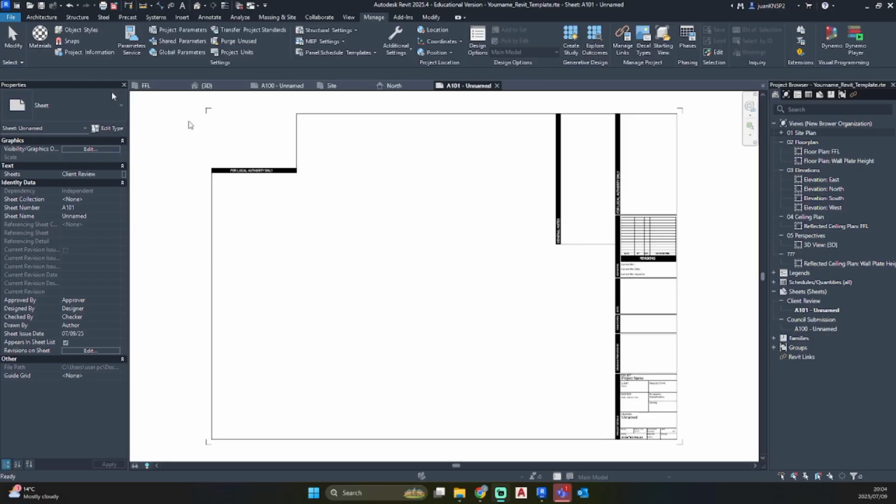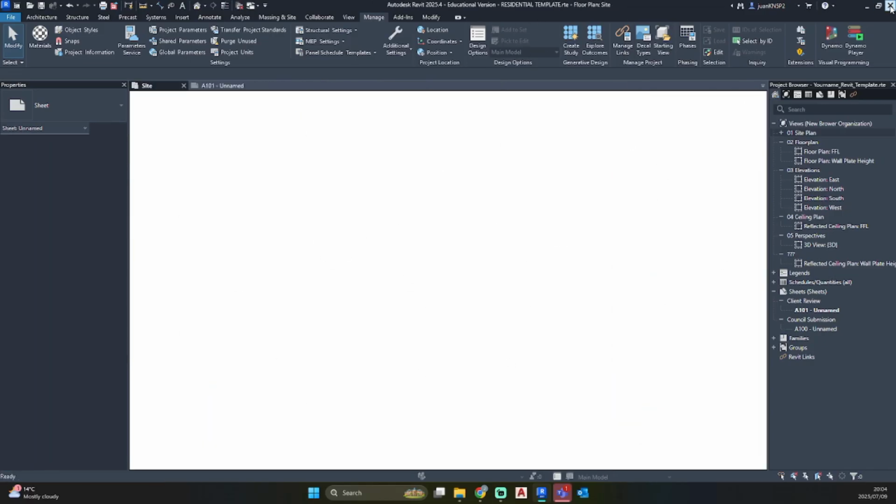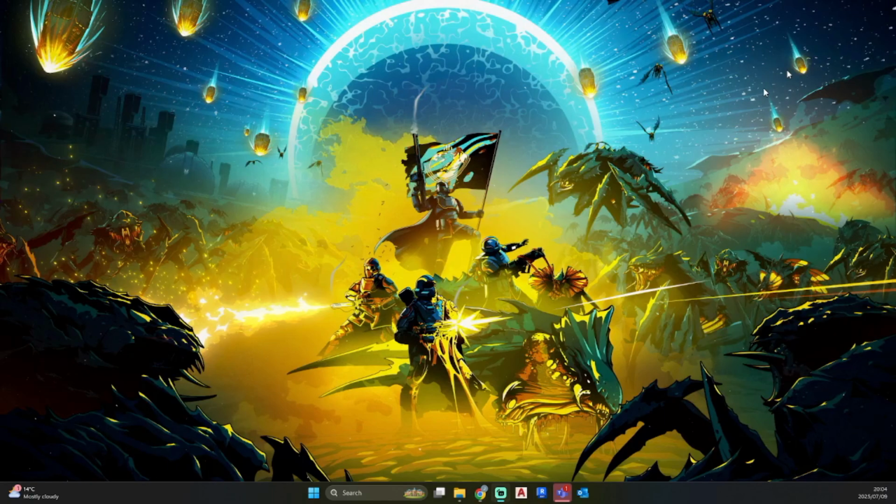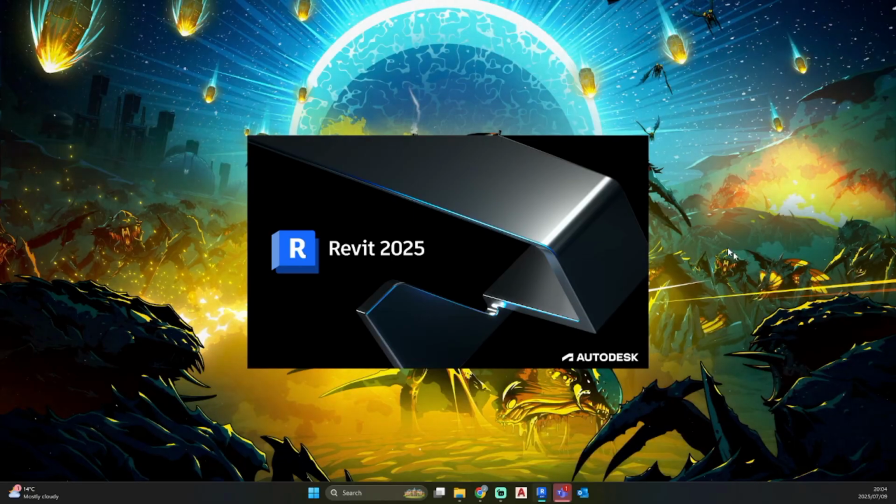Just remember to save your template. You can just click top left on the save icon or on your keyboard Control S to save the template we have worked with. So what you can do if you want to check what the template does, you can just close it and then open Revit back up.